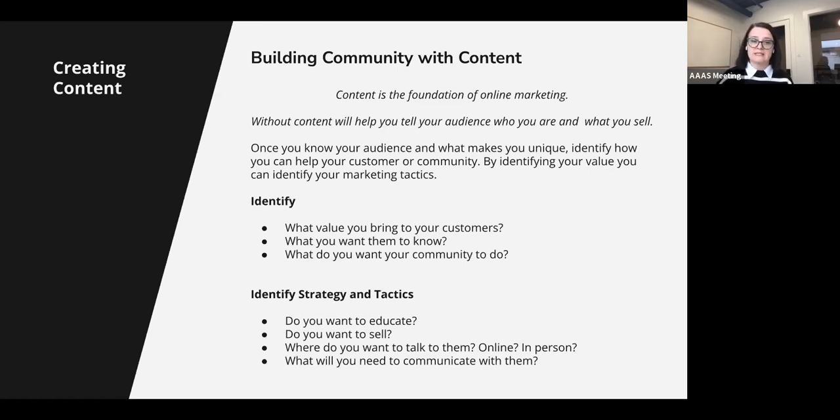Okay, so identify your strategies and tactics. So this is in terms of building your content. Do you want to educate? Do you want to sell? And where do you want to talk to them? Do you want to talk to them online or in person? And what will you need to be able to communicate with them? Identifying these strategies and tactics will really help you, because it will really identify how it is that you are